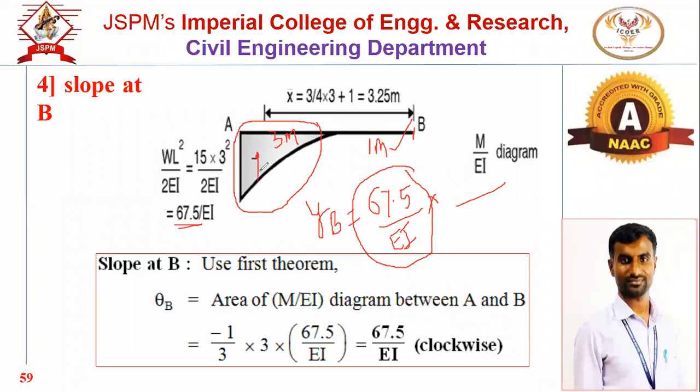this particular distance we want. Moment of that area we have to consider from that CG to the point where we want the deflection. Here we want the deflection at point B, so CG to the point B. This is 1 meter, this is given. Now this particular distance will be 3L by 4, or 3 by 4 into L. L is here 3 meter. So 3 by 4 into 3 plus 1 plus 1. After simplification, the centroidal distance will be 3.25 meter.